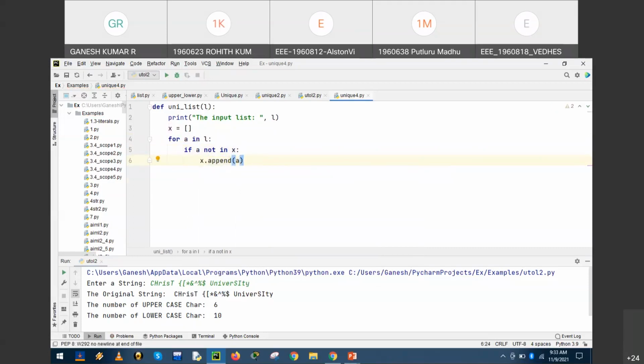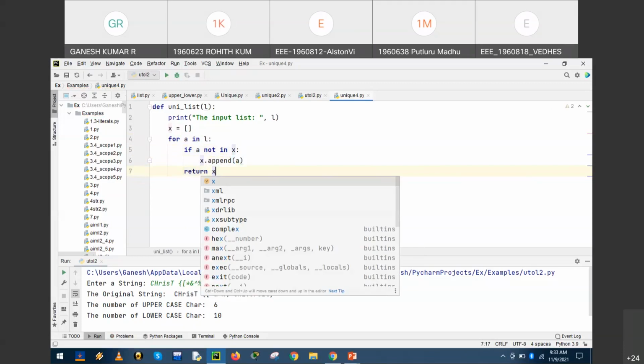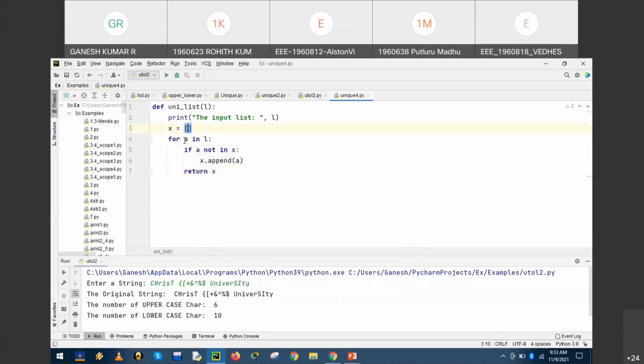Otherwise, if the condition is not satisfied, return the X. Return the list to check the next element, next data. This will continue till the last element. So this return statement should be outside the for loop, right?